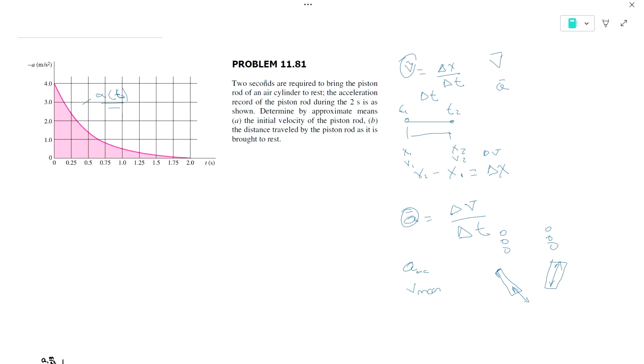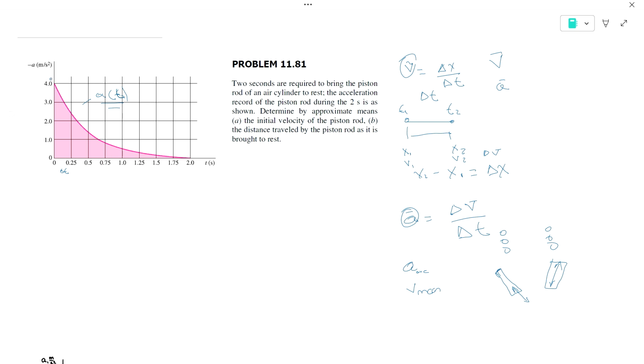So the example says 2 seconds are required to bring the piston rod of an air cylinder or an engine. You can think of an engine if you want. So it takes 2 seconds to bring it to rest. The acceleration of the piston during those 2 seconds is as shown. So they took experimental data, and it seems like the delta t they used was 250 milliseconds or 0.25 seconds,